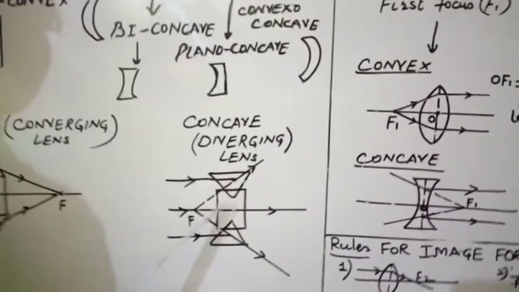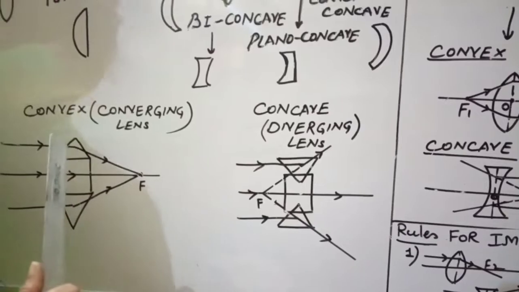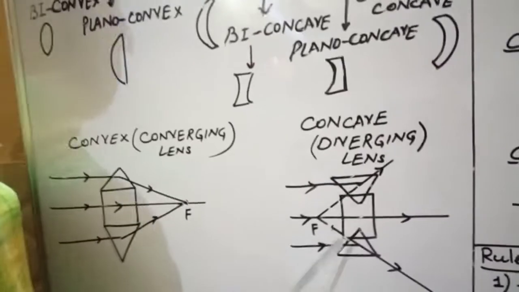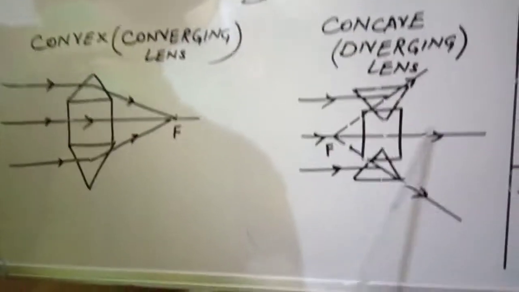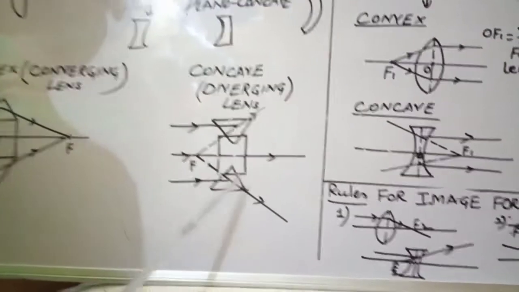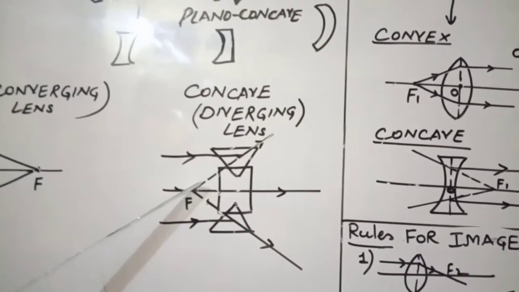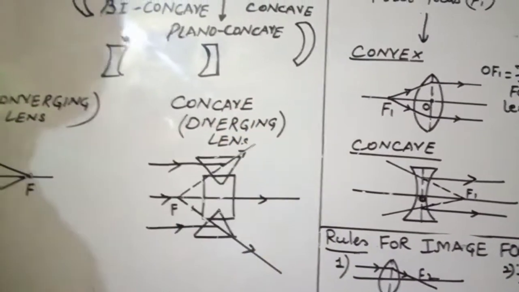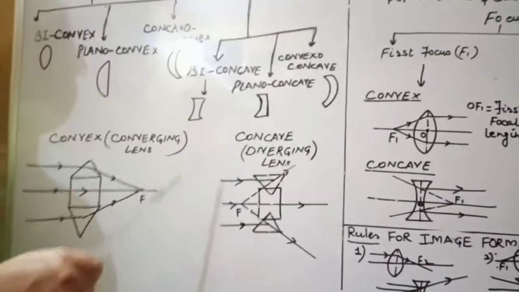Why? No doubt the concave lens is also made of two prisms and one slab, but the position of the prisms is different. Here the base of one prism is downward, and here the base of the other prism is upward. So when three rays strike here, one ray goes undeviated, striking normally on the slab, whereas this ray moves in the upward direction and this one downward. When I forcefully extend these three refracted rays backward, they meet here. So it appears that all rays are diverged, scattered. That's why it is called a diverging lens. This is how refraction occurs in convex and concave lenses.